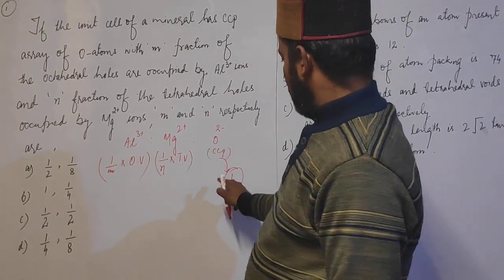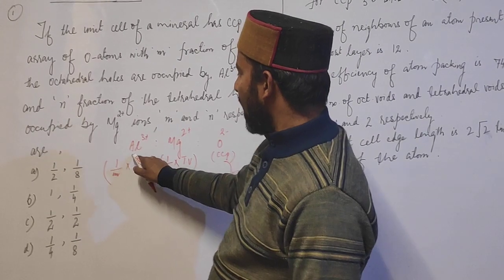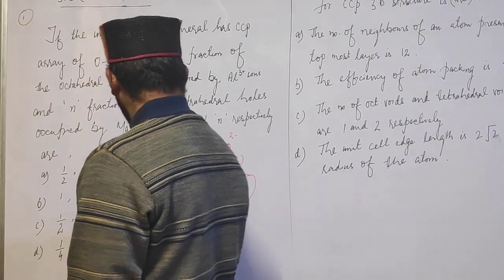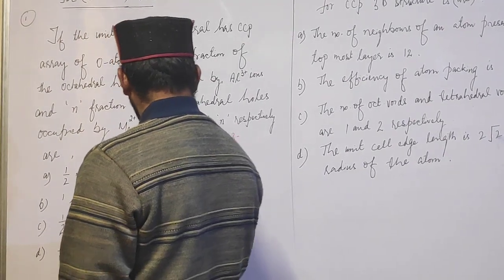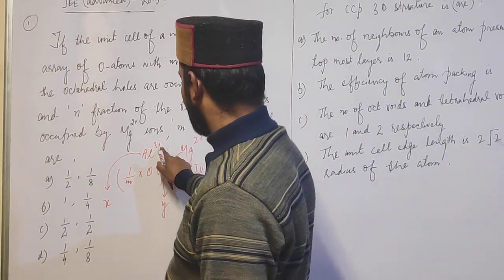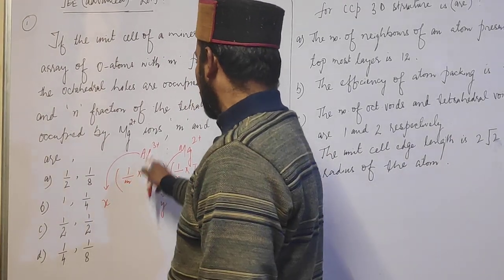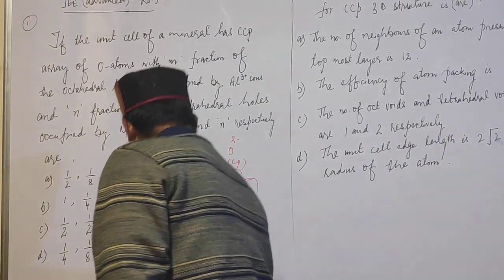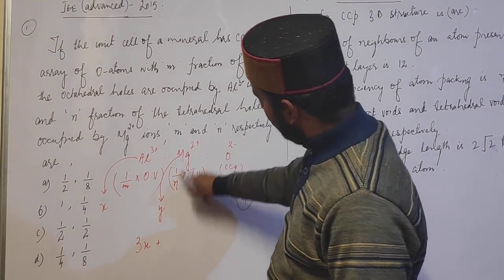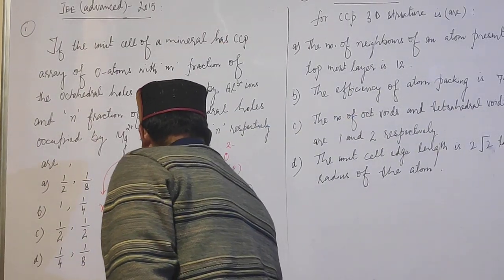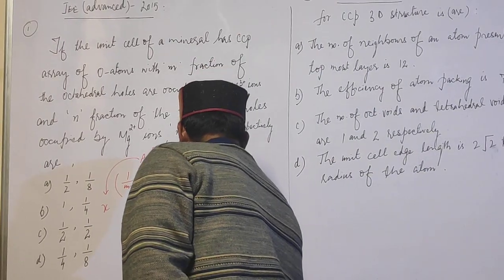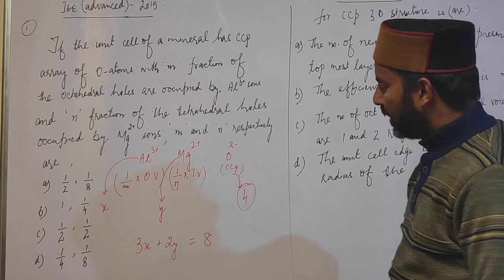Now students, let we have x aluminium ions. So we are assuming x aluminium ions, and how many magnesium ions do we have? y. So aluminium ion has 3 positive charge, so x ions will have how much charge? 3x. Similarly, positive charge will also be due to magnesium: 2 positive on one, y magnesium ions, so we have 2y, and this must be equal to the negative charge, which is 4 into 2, so it is 8. So total positive must be equal to total negative charge.